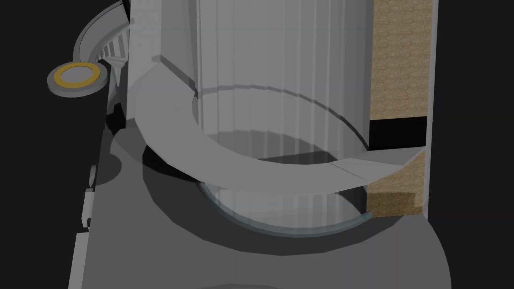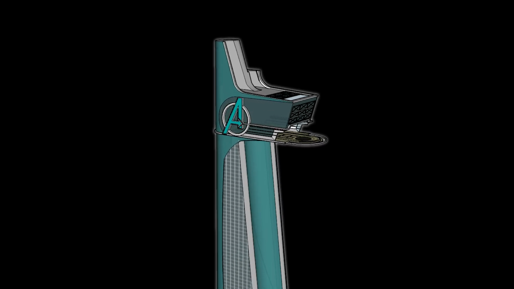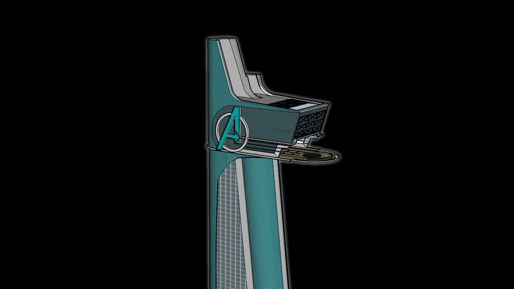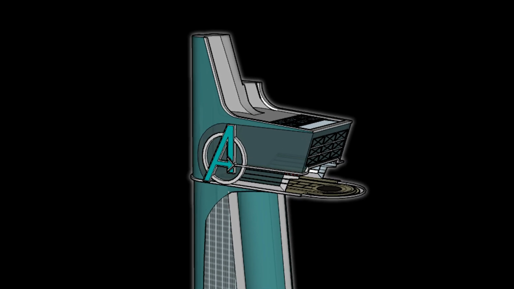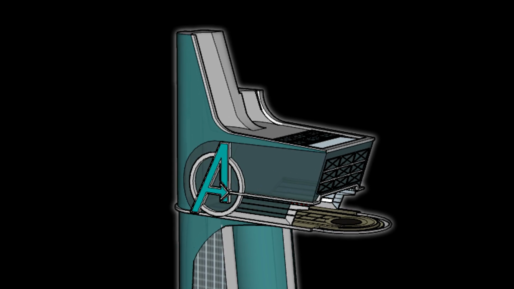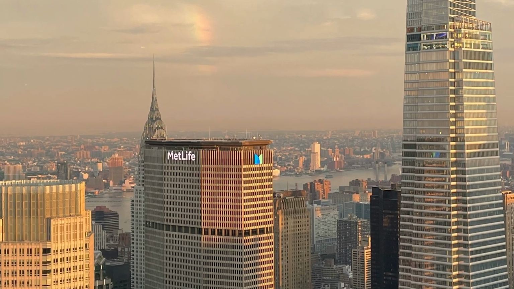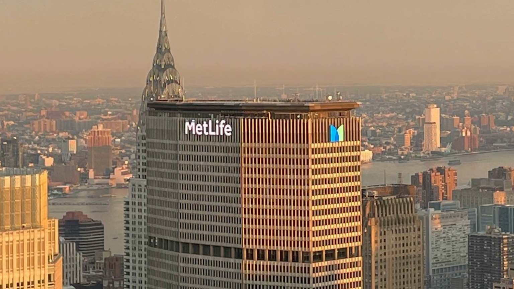Later though, the Stark Tower was transformed into the Avengers Tower. They are not equal, but both towers were located at the exact same position, just at a different time. By the way, little fun fact, the Stark Tower and the Avengers Tower are located on the Met Life building in New York, which actually exists.